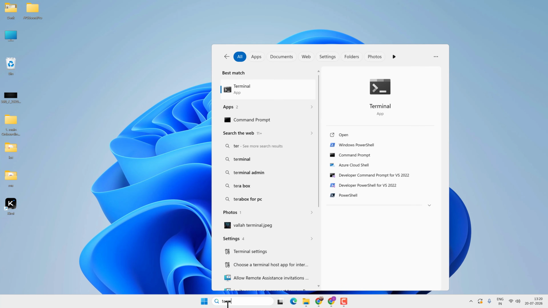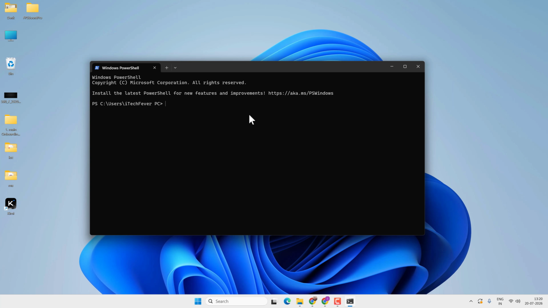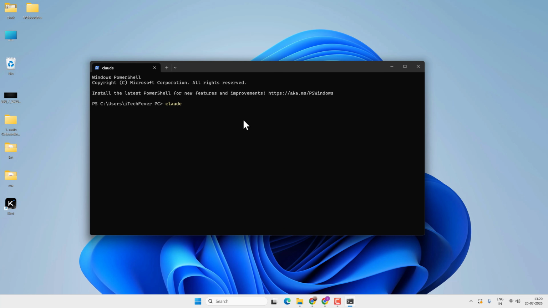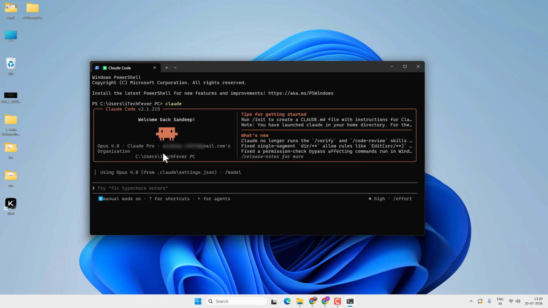Now let's open the terminal, and if I type claude, you see, I already have Claude Code installed and I am logged in using my Claude Pro account. So I don't want to log out from my Claude Pro account and still want to use KIMI K3 whenever I want. So I will create a setup something like that. And if you don't have a Claude Pro subscription or just want to set up KIMI K3 only, then keep watching